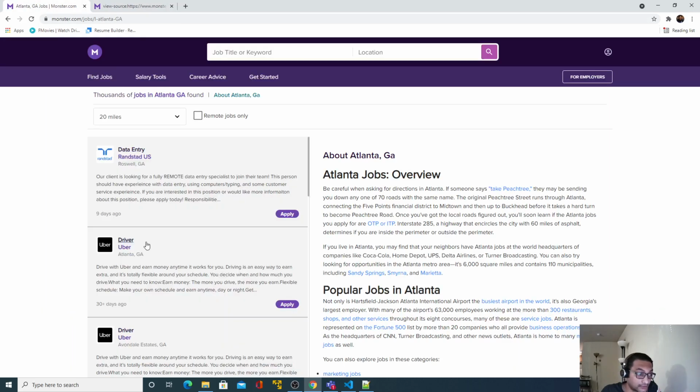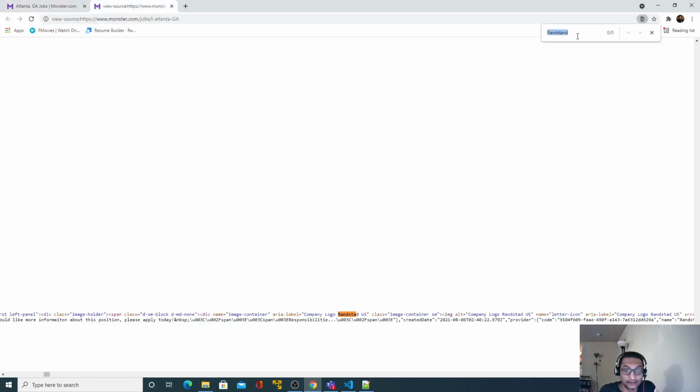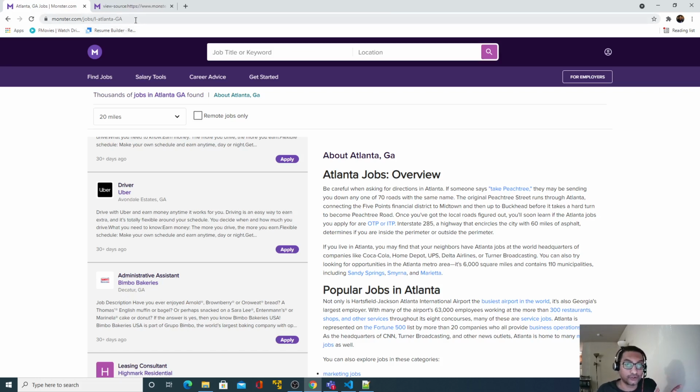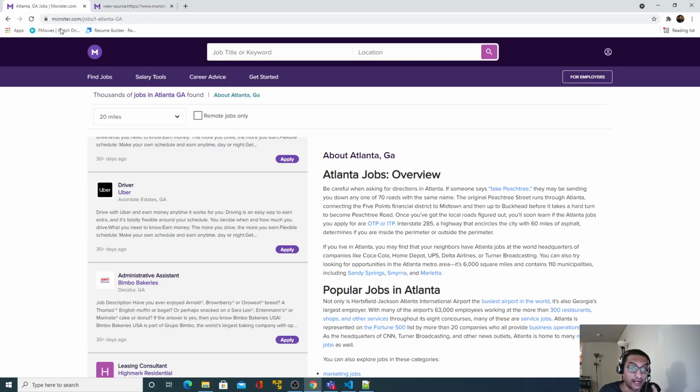I can search more, maybe let's say Bimbo Bakeries. See, and if I scroll towards my right, I get to see the location and all. So basically we have to use this URL, not the earlier one, so that we can get the exact content we are looking for, and we are going to extract maybe 4 or 5 different attributes.